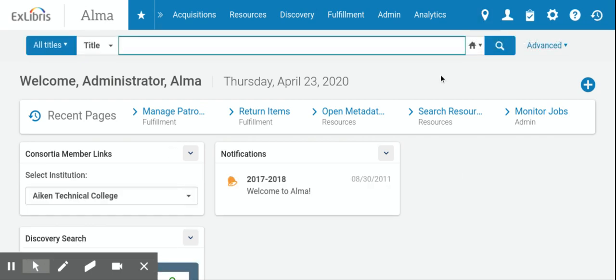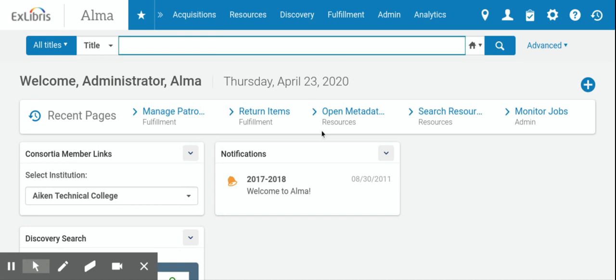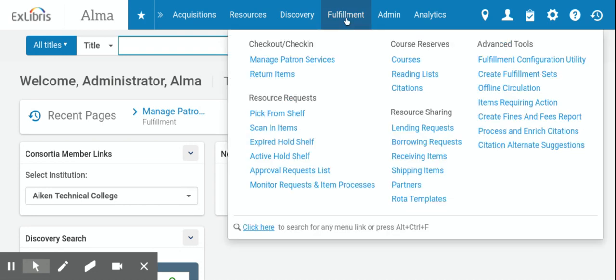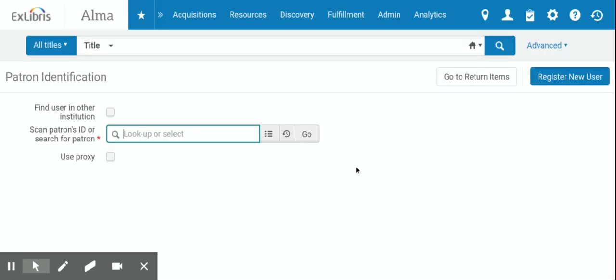So what we're going to look at now is our patron services. So we're at our home page. We go to fulfillment. Under checkout, check-in, we go to manage patron services. This is the page that we get. Patron identification. You can find a user at another institution, but for right now, we're going to be looking at our institution. So scan patron's ID or search for patron. So right now, we're just going to do a basic search. We'll search for me,